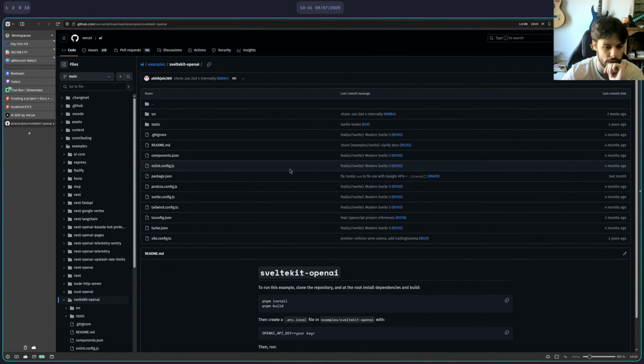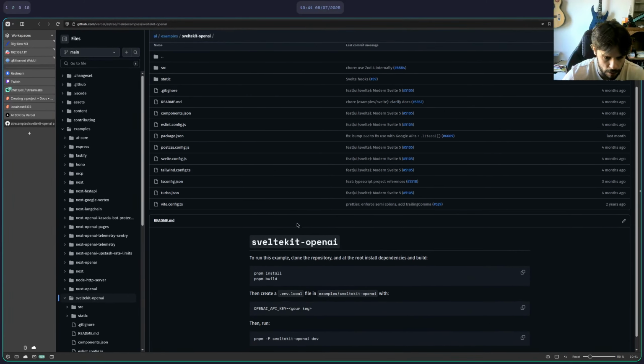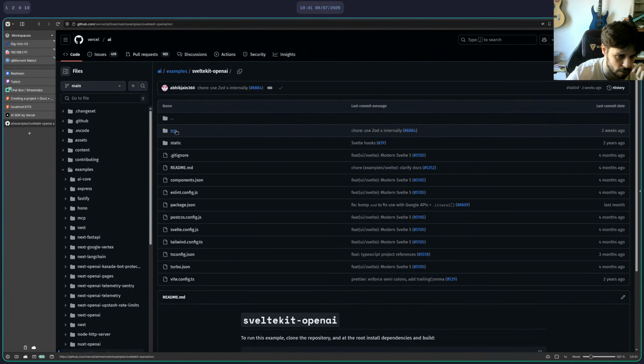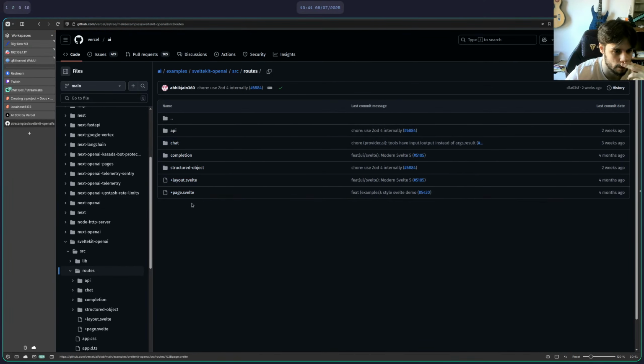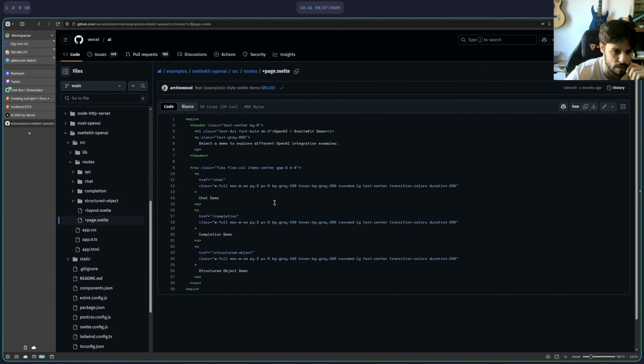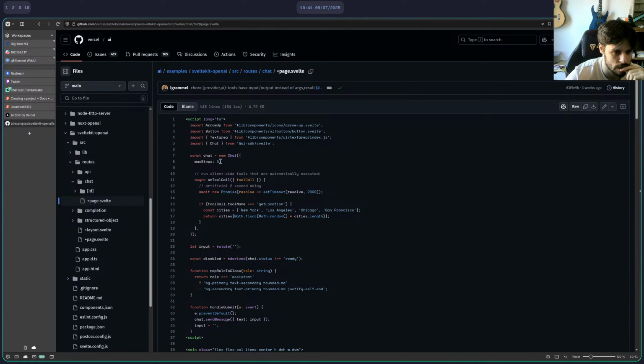Looks good. Okay. So let's have a look at source. What do we have here? Routes. Yeah. So we have the page which has /chat, new chat, run client-side tools that are automatically executed.